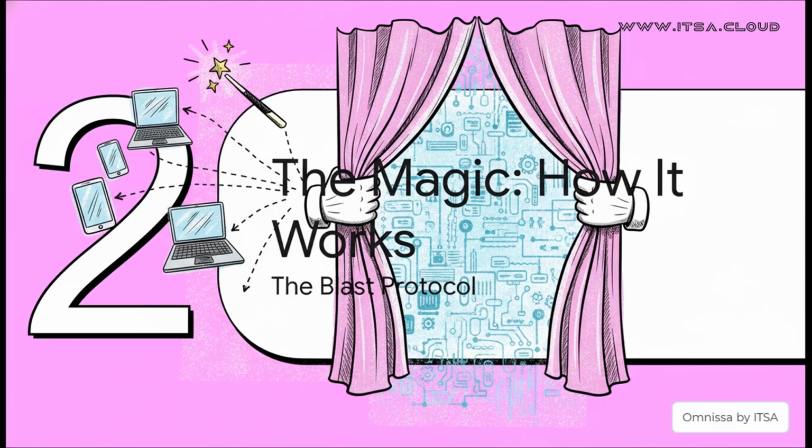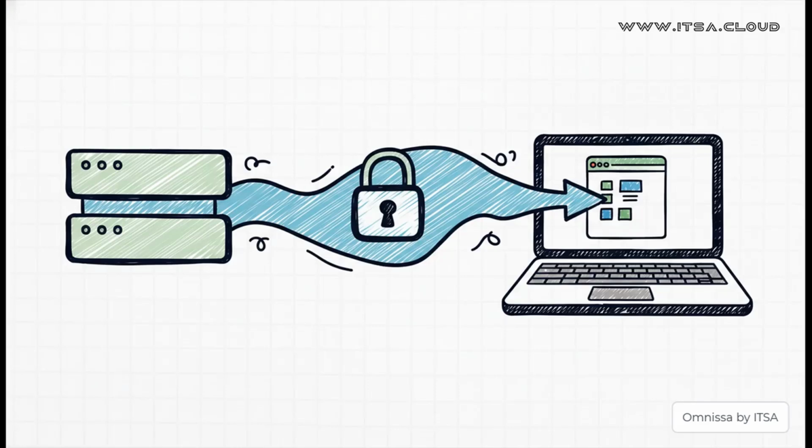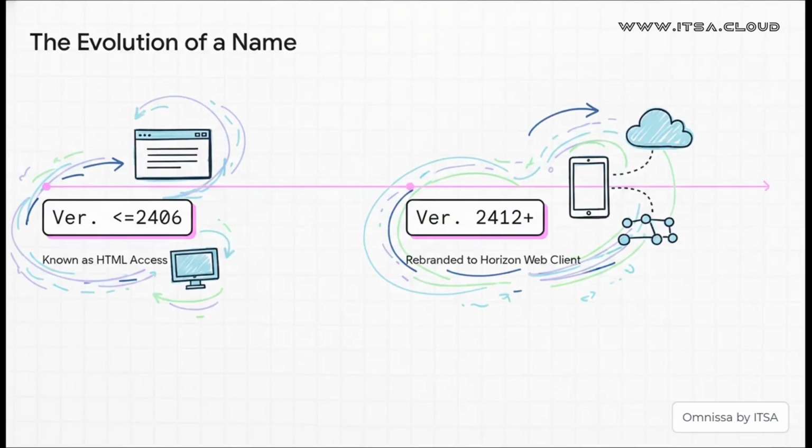I mean, connecting from any device with zero installation, it can feel kind of like magic, right? So let's pull back the curtain for a second and see how it all actually works. Okay, the secret sauce here is the Omnisa Horizon BLAST protocol. The best way to think about it is like a really, really good video streaming service. But instead of streaming the latest blockbuster movie, it's securely streaming your entire interactive desktop right to you. And it's all done over HTTPS, the same secure standard your bank uses, and it all just happens inside your browser tab. Super slick.